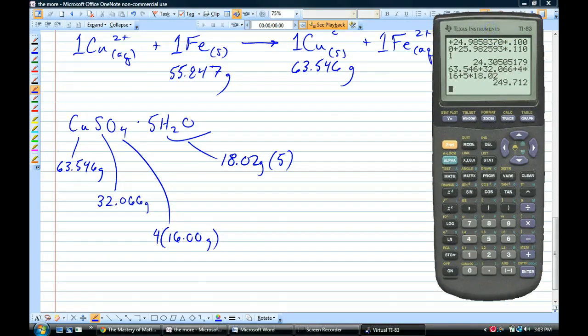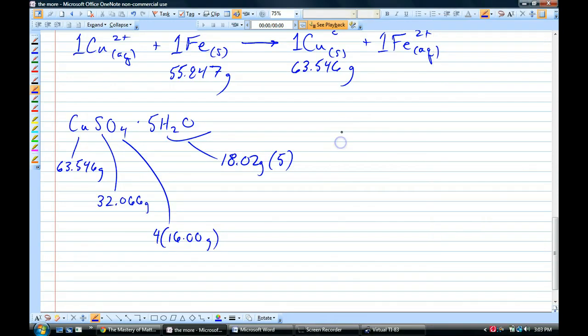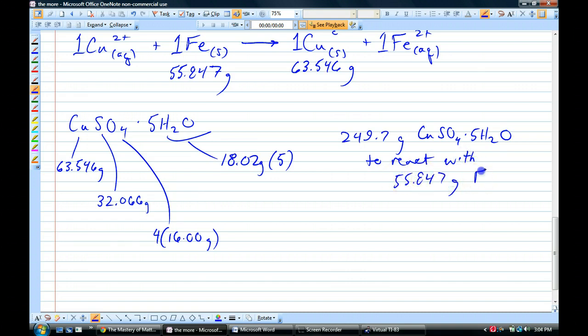All right? So I need 249.7 grams of copper sulfate pentahydrate to react with 55.847 grams of iron, maybe in the form of steel wool, to produce